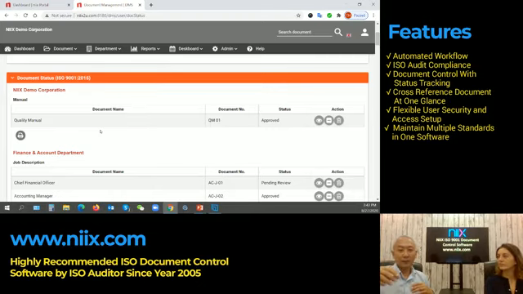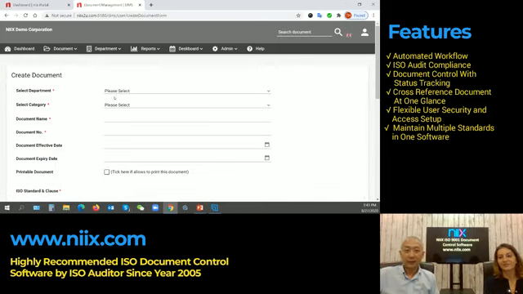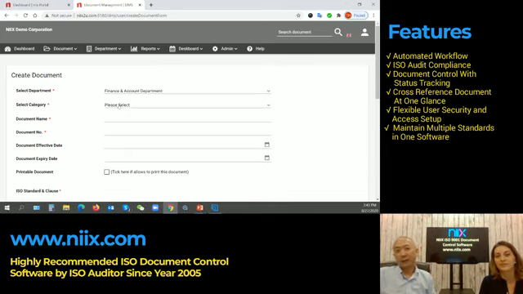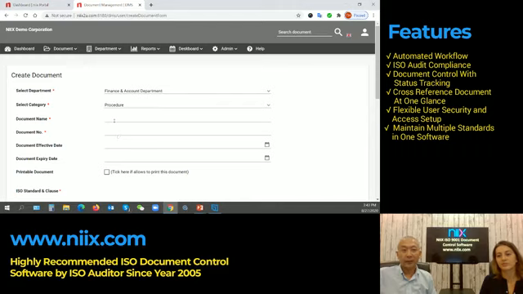I think people may be concerned about how to upload the document in the system, so perhaps I show that function. Yes, please. Okay, so to create a new document, we go here. First you just need to select which department the document belongs to. And then select the category, for example, whether it is a manual or JD or procedures, and so forth. And then we have the document name, perhaps this one we can call account payable.